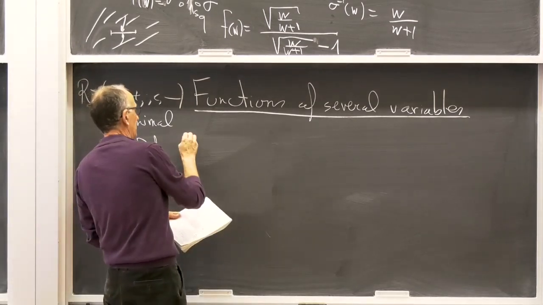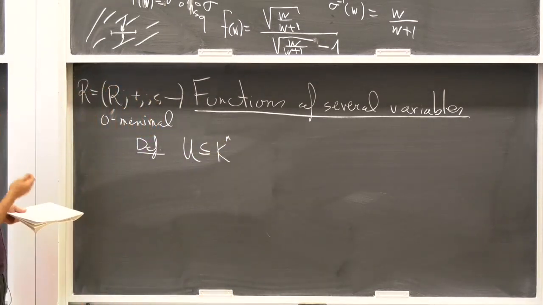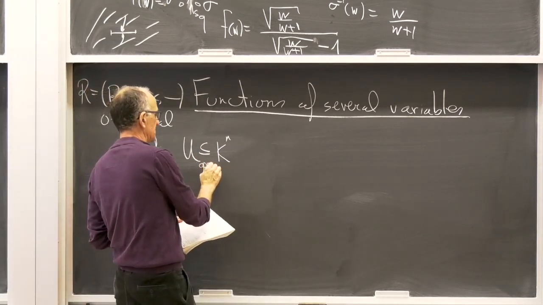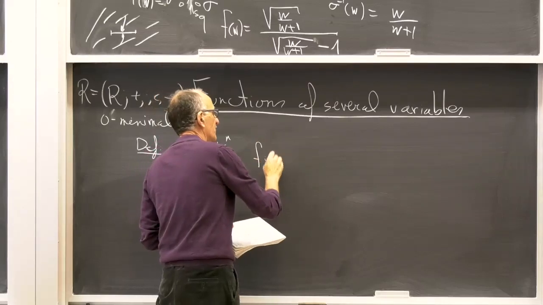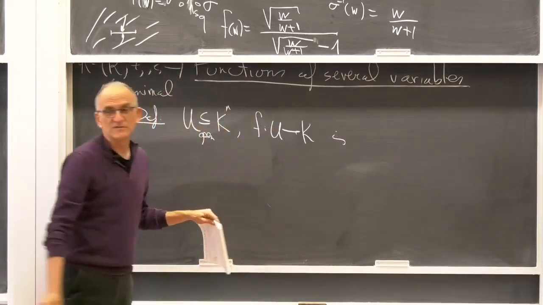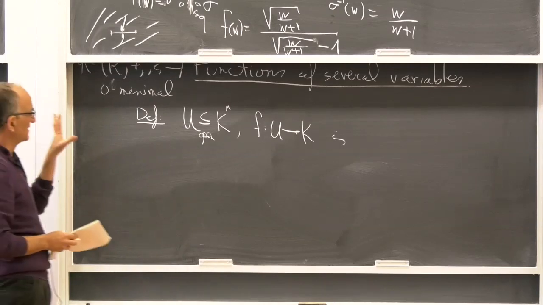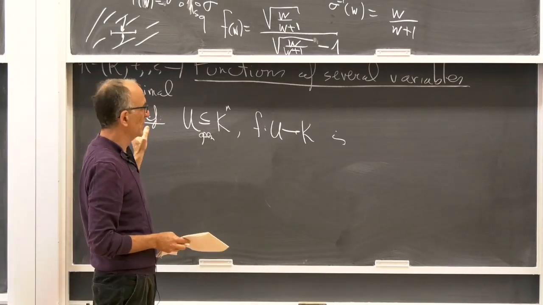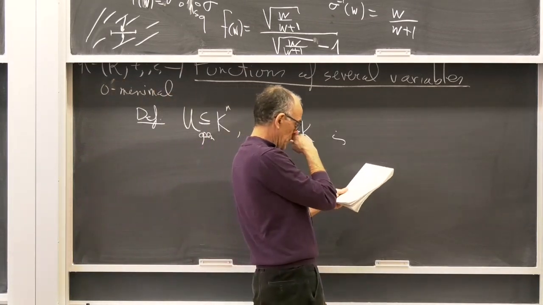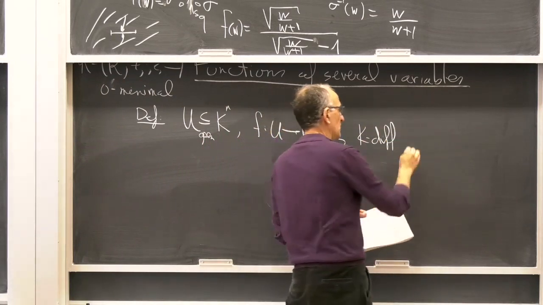At the end, it will be equivalent to other definitions, but this was actually what we worked with. So always this is open. Now it's in C^n or K^n, f from U to K. And I will now only be concerned with differentiability on a whole set. Some of the results might work at a point, but we are less interested in what happens with differentiability at a single point. So f is K-differentiable or holomorphic on U